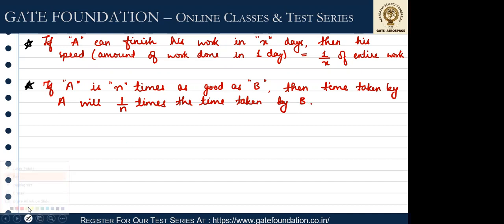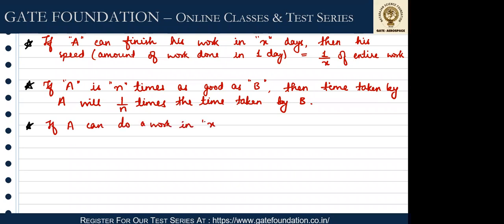Right, so अगर वो n times अच्छा है, so obviously it will take 1 by n times, कम टाइम लगेगा उसको, because जैसे मैंने बताया, if the speed is high the time will be less, and if the speed is less time is high. Now if two persons are coming, let's say if A can do a work